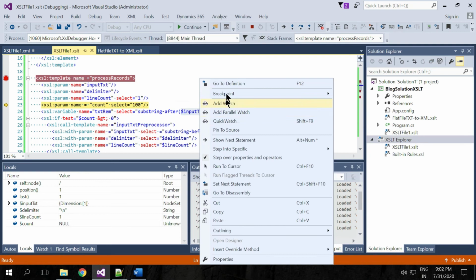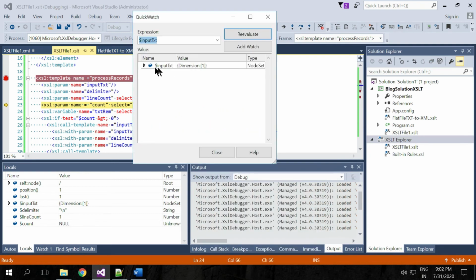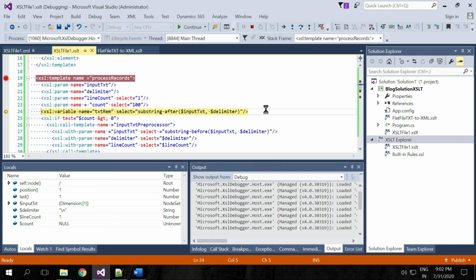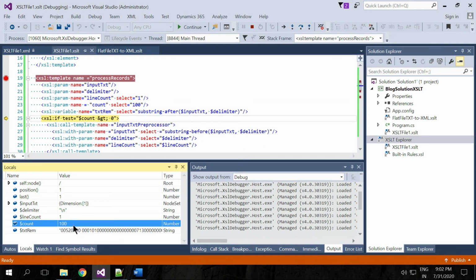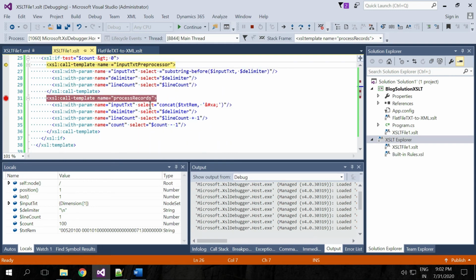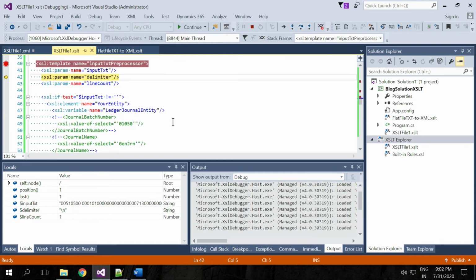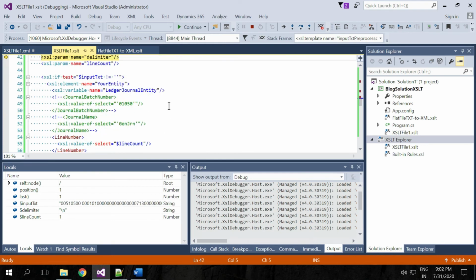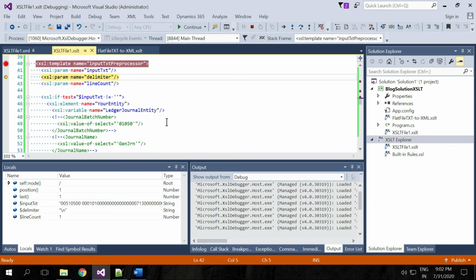Let's say quick watch. So I have some values here. What is the count? I have already added them to my locals, so it's 100 right now. So I keep calling this function 100 times, and whenever it sees a break, a new line, it will jump to the next line and again start rebuilding the XML elements.